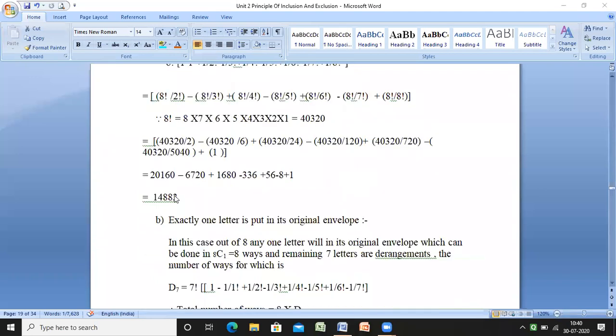So the last count I get is like 20,160. That means 40,320 divided by 2 means 20,160. 40,320 divided by 6 means 6,720. 40,320 divided by 24 means 1,680. So we put all the values over there. Okay, these are all the values we get after dividing by 40,320, and the last output I get is